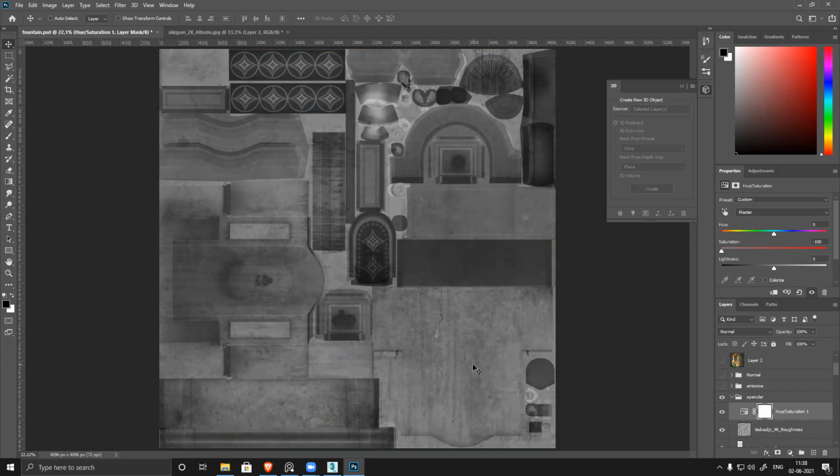What is the difference between specular, glossy, and roughness? I understand roughness and glossy are opposite, but I never understood what specular is. Roughness and smoothness are opposite. Glossy is for the broader specular.